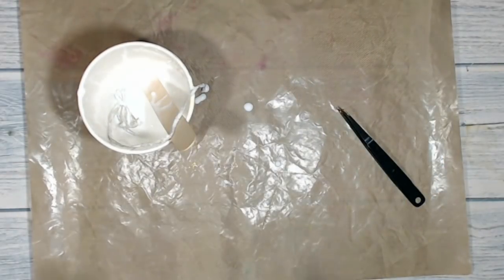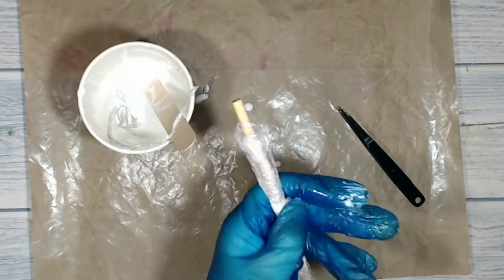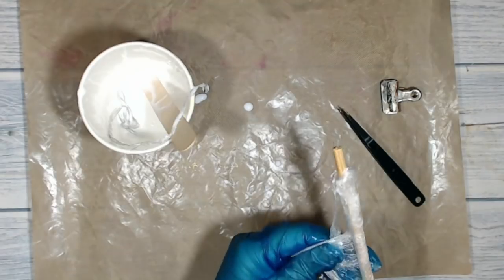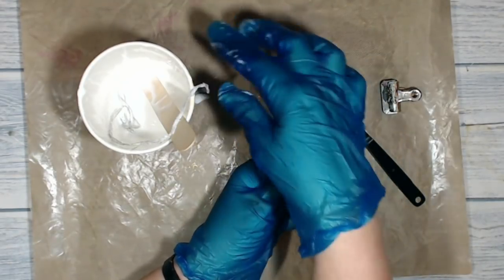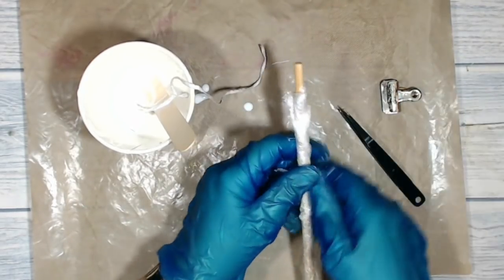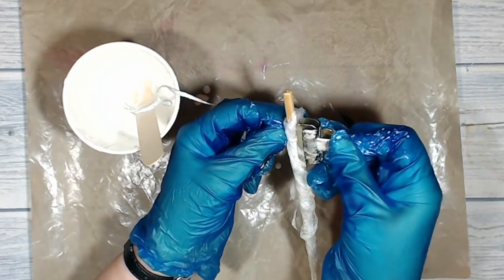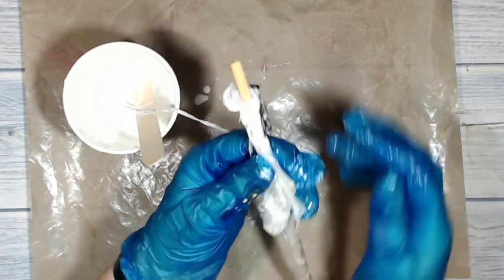So what I have here, it's just a piece of wood dowel. Doesn't have to be a piece of wood dowel. Knitting needle will do fine, pencil will do fine, anything that's, you know, kind of smooth and round. And I've covered it with cling film, and I'm just going to clip one end of my well soaked trim onto my dowel, and actually